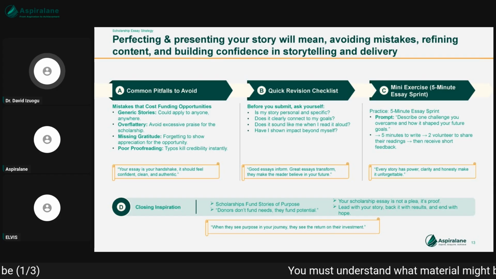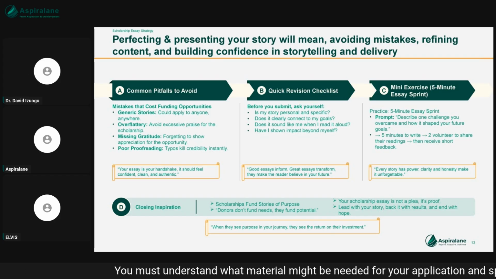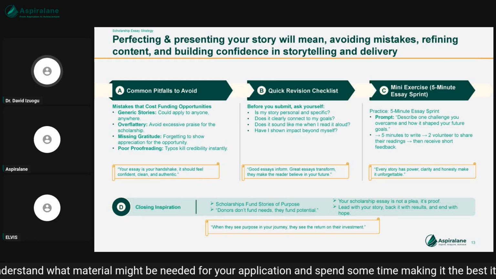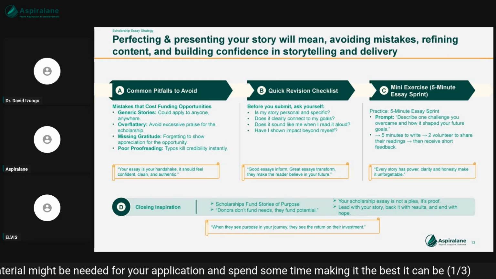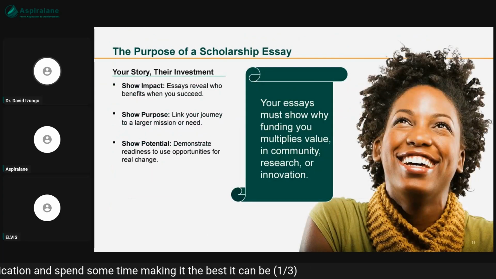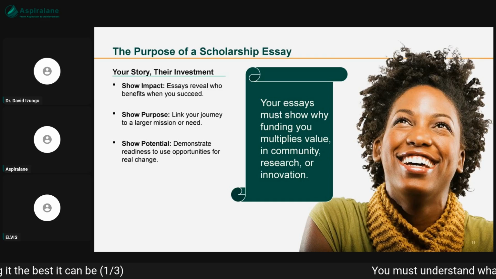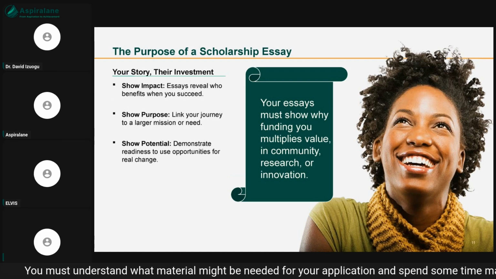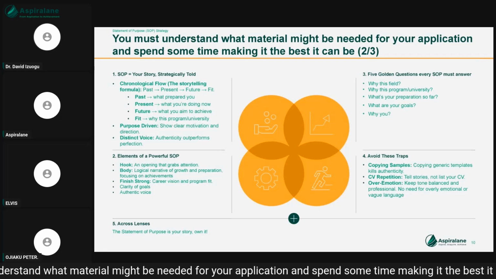So when you find yourself in a situation where the scholarship application and admission application are the same, you just need to make sure that when you are writing your SOP, you also factor in some of the things we will be discussing under the scholarship. But otherwise, you can still follow whatever we'll be discussing next week for the scholarship as is.